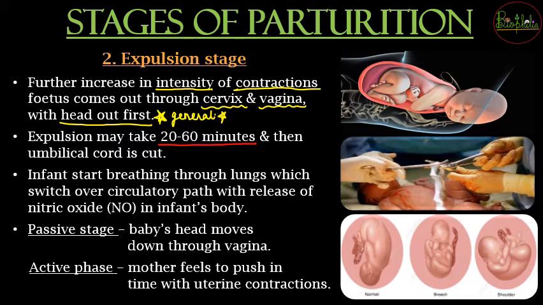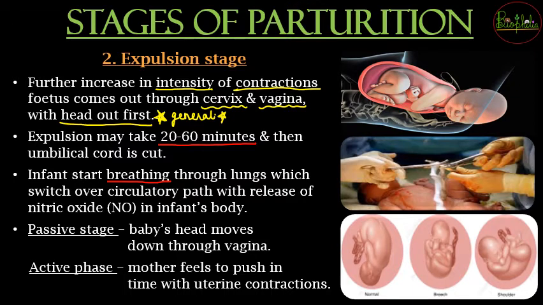Only the time that the contractions will be initiated can last about 5 to 6 hours, or also up to 12 hours. So in this second stage, when the expulsion is occurring, the infant is coming out of the body, and now there is going to be breathing in the infant. Because until now, while the baby was in the mother's womb, the baby was not actually using his or her lungs. The lungs were not being used.